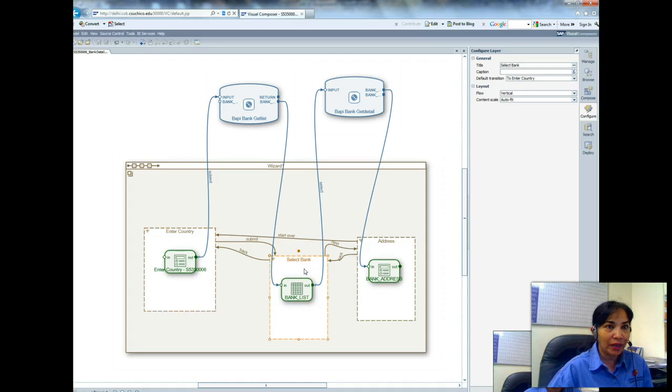In the select bank, the default transition should be to address. This is the place which was giving us the trouble. The default transition should be to address. In the address, the default transition is to select bank. Okay,